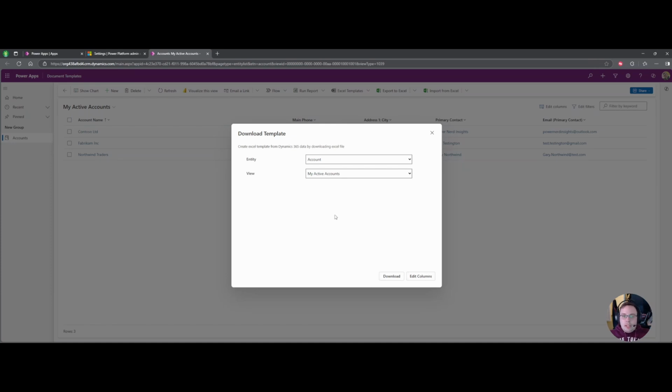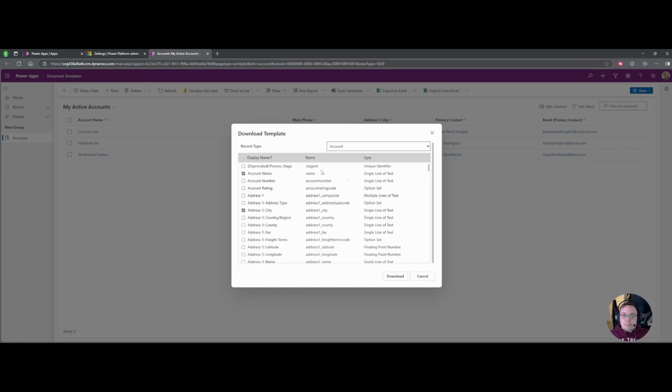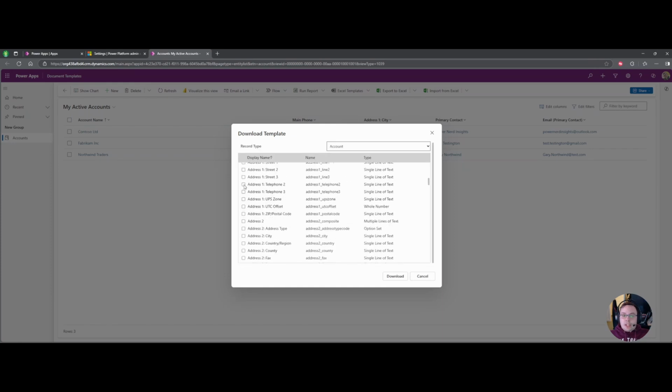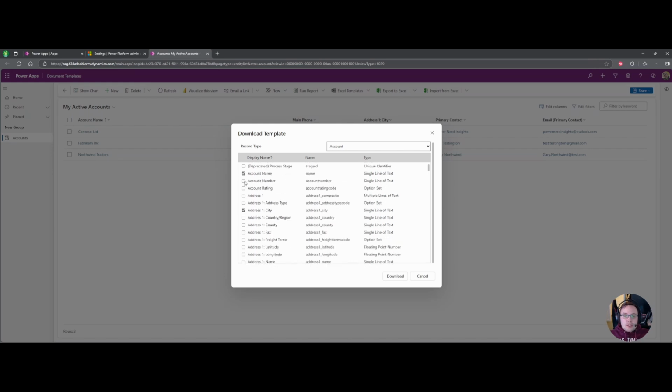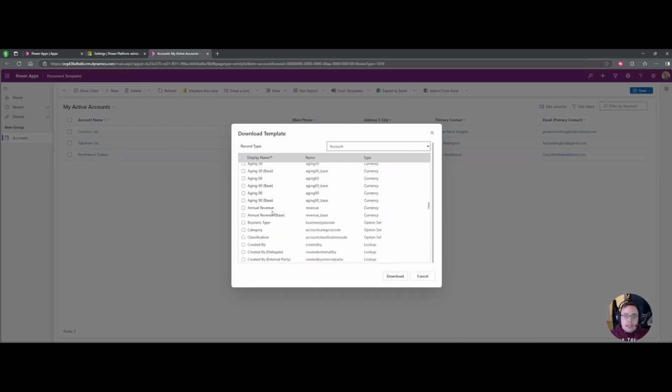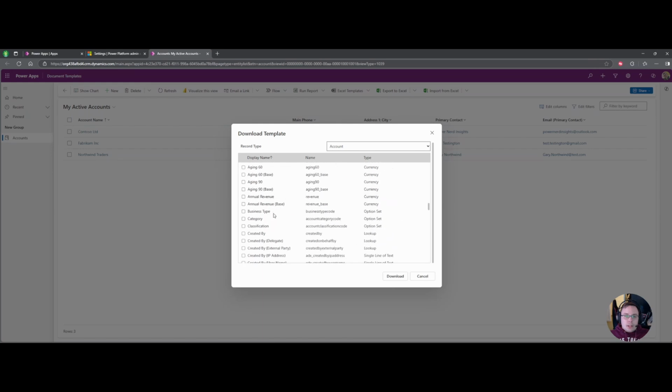Now, if I just wanted the Excel template to have the columns that are available within the My Active Accounts table, that's fine. I can now hit download. But if I want to edit the columns that are visible in that Excel template, I choose edit columns. And then I have a checklist of columns that I can choose. So let's say I want the account number showing and let's say I want